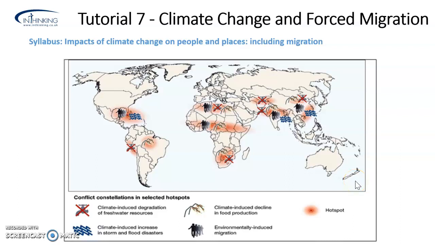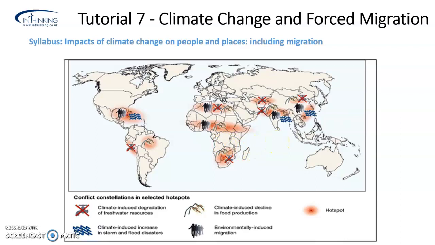So in this tutorial, we'll look at the impacts of climate change on migration, and in particular, how climate change will push people to migrate, will force people to migrate. So remember, these push factors tend to be negative conditions where people live, forcing them to migrate. And this map highlights a number of hotspot regions that are largely Southern Hemisphere based, and in NEEs